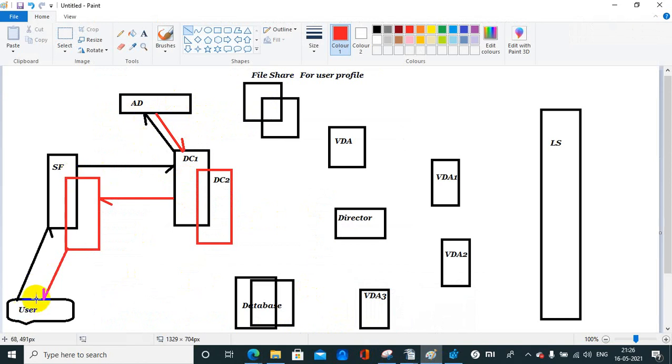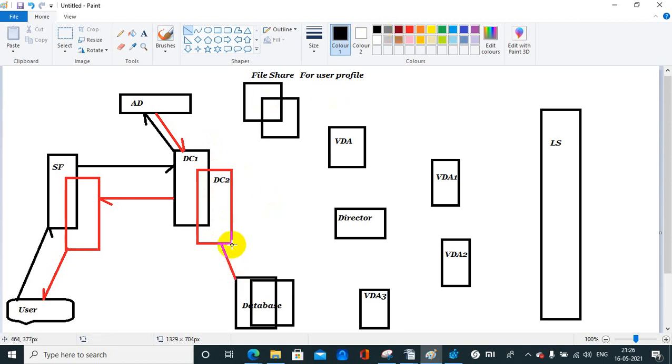So once the user is authenticated, the user is able to view all applications, because DC has provided the detail that the user is authenticated, as well as which groups and applications the user has access to, which applications are hosted here in VDA 1234. Okay, how will DC get the details about the published applications? Because it's connected with the database.